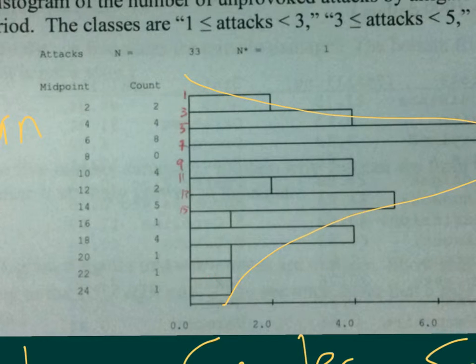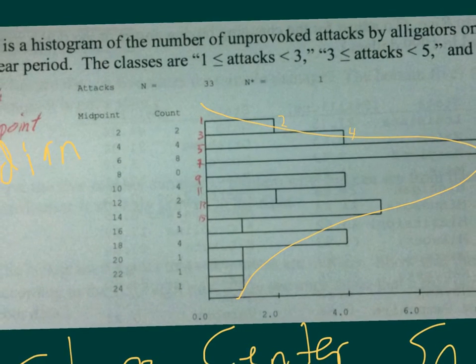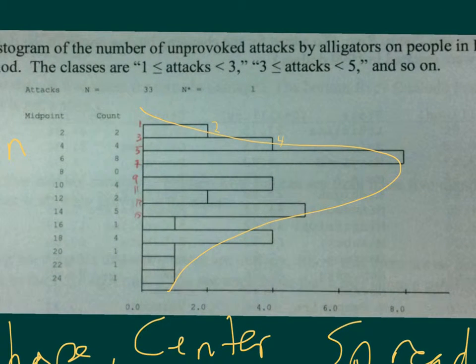Second thing I need to figure out is, what does that mean? Count 2. That means that this one is 2. And this next one is 4. And that's what each of them are as I go along there. And if I want to, I can continue to write them in. 8, and then the next one's 0. And then after that I've got 4, and then 2, and then 5, and you get my point. Do you have to write that on there? No, but I'm doing it because to find the median,